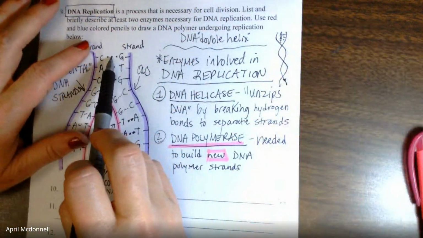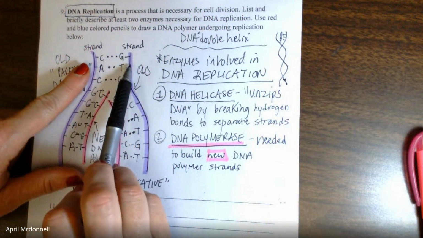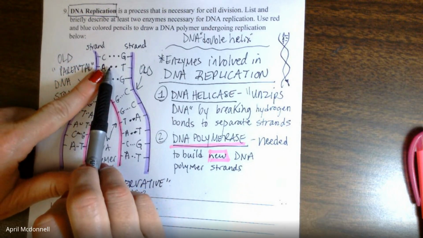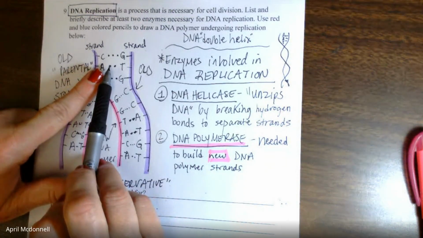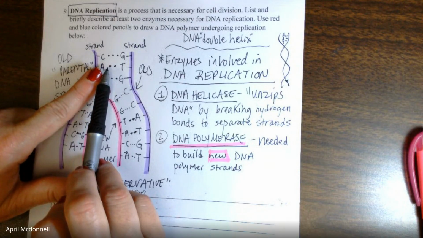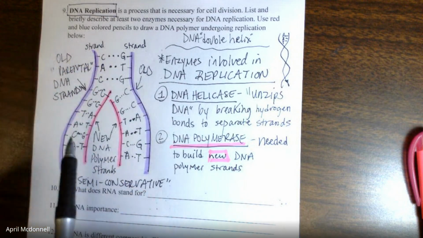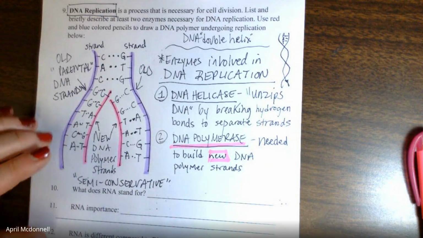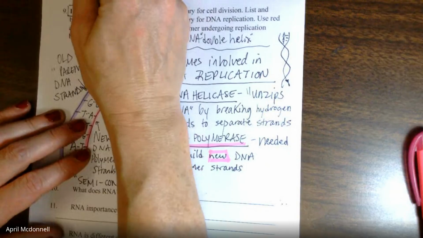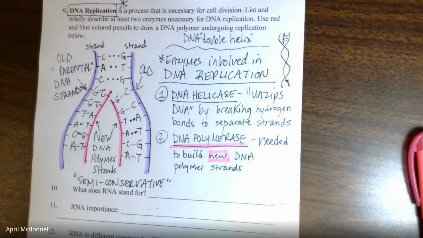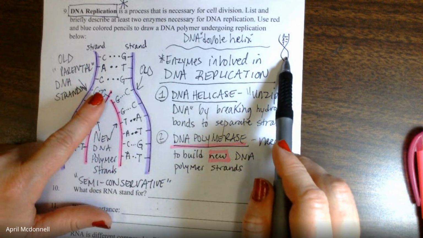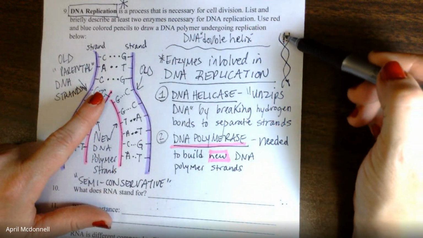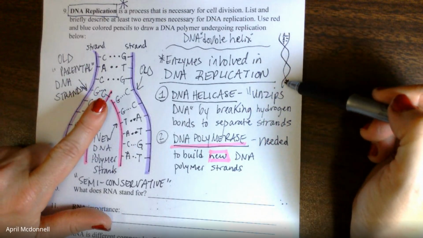Hydrogen bonds form between the 2 strands, and this keeps the 2 strands of the DNA molecule close together in order to maintain the structure of the DNA molecule, which is a double helix. When the cell is about to undergo cell division, a process called cell replication or DNA replication has to occur. So during that DNA replication process, the strands, which are normally held together to form that spiral staircase shape,